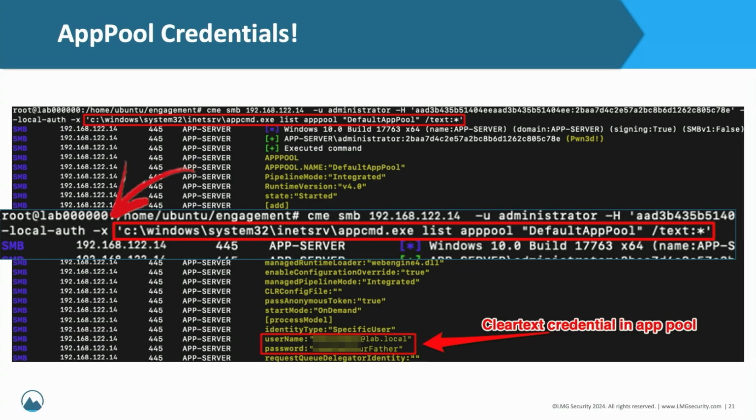And so one of my favorite go-tos is if you're connecting to a server that is running Internet Information Services, or a web server running web applications, they will often have app pools configured with credentials. And so I'll run a tool called AppCmd where you can actually list the configuration of each application pool that's configured on that host. And so if you hit every host that's running that with this AppCmd, you can actually dump out clear